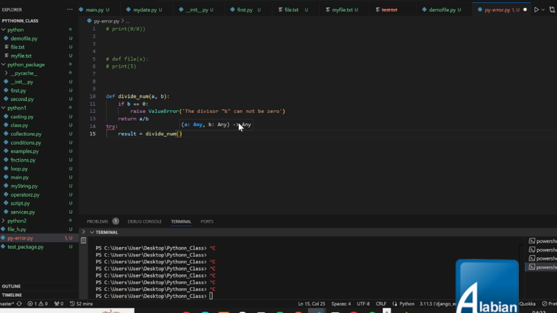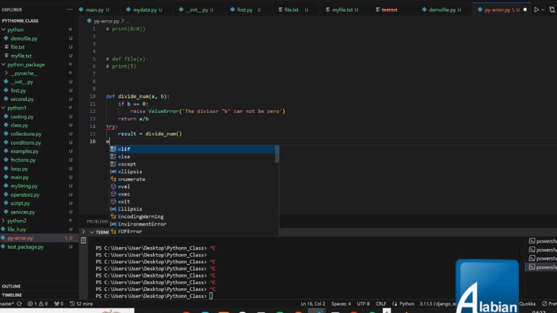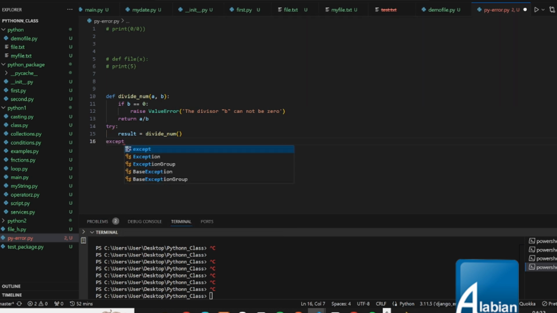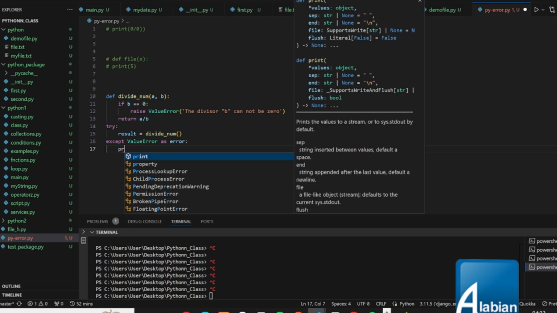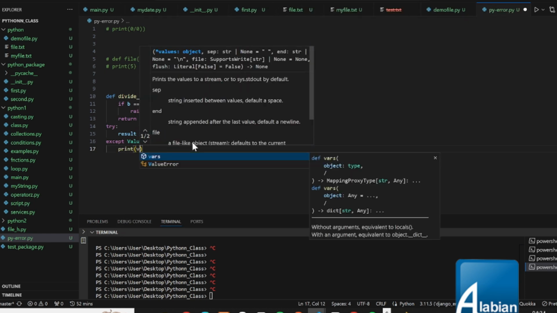So in case you are trying to build a project and the user passes 0, it's going to throw this error. So I'm going to come here and say except ValueError as error. I'm renaming this value error. You can pass it exactly the way it is, but I'm renaming it, and then say print